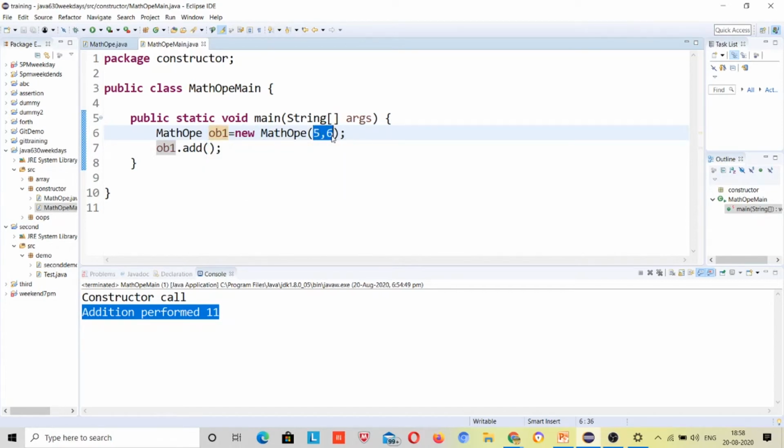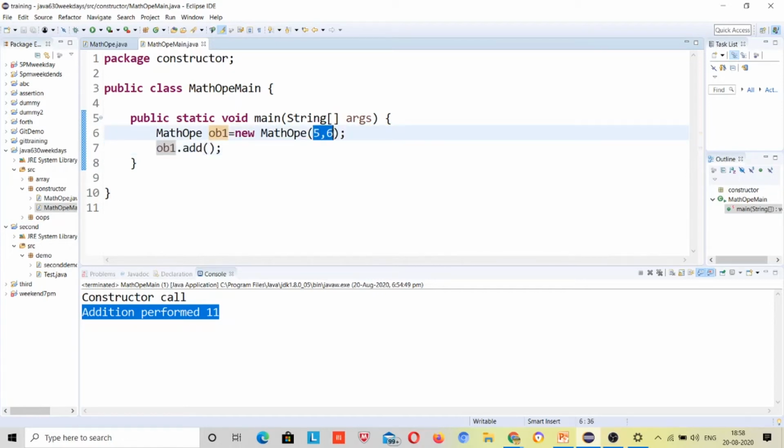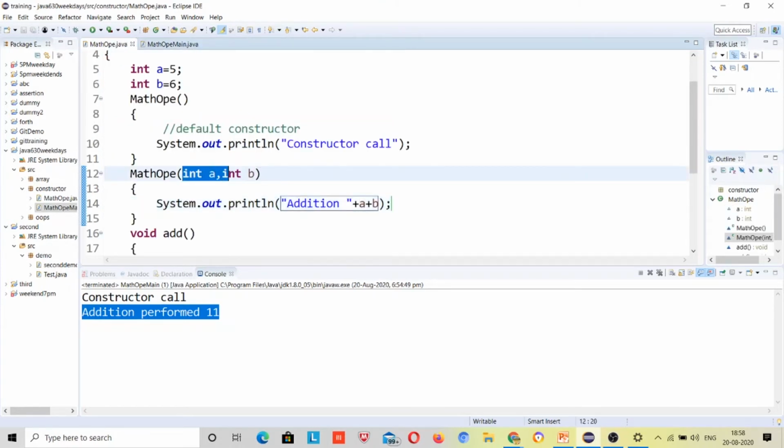If that's not present, you will get an error. So this constructor will be called first. Don't jump to your code directly and don't try to debug it. First understand how the calling happens. Here it will call the constructor which has two integer parameters, so it will come directly over here.